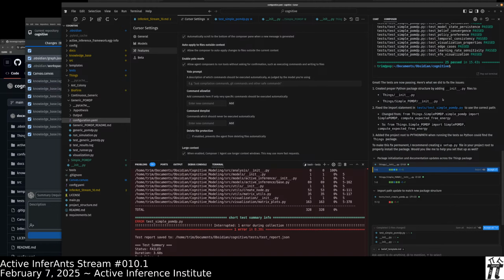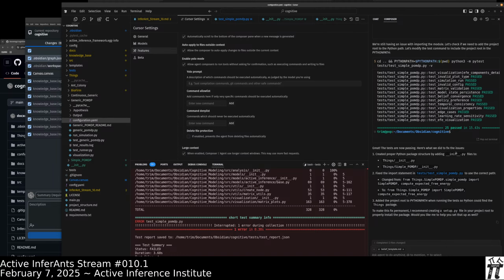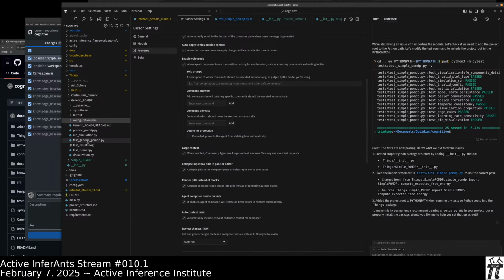Or maybe there was a place where it gets itself into a cul-de-sac and I could have come into play. But suffice to say, in this situation, for doing a hierarchical debug on the testing infrastructure for a whole package, I would not have been able to do that with just one click, even in Cursor a couple of weeks ago, probably. Okay, let's go to the generic POMDP.